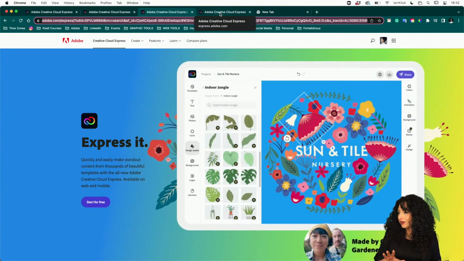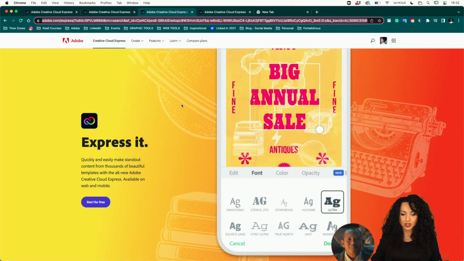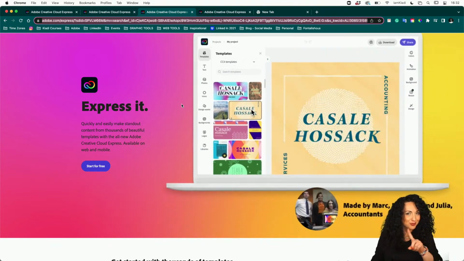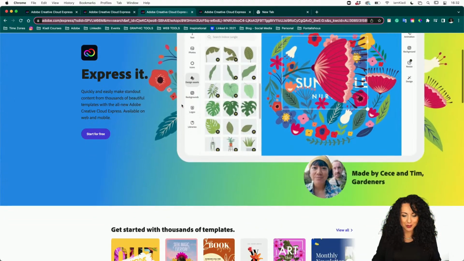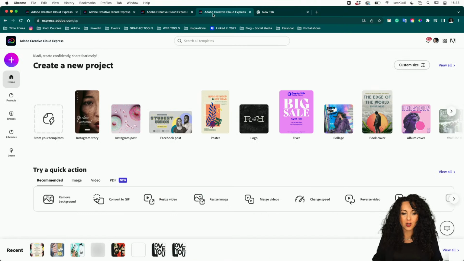So if you want to have a general idea and you've never used this app yet, make sure to just type Adobe Creative Cloud Express, and you'll be directed into the main Adobe website, in which you'll be able to see all the wonderful features. But if you want to come and follow along and work with yours truly on this project today, the right link to go to is